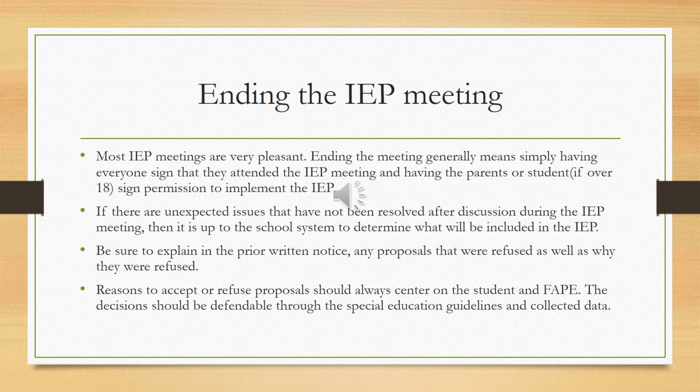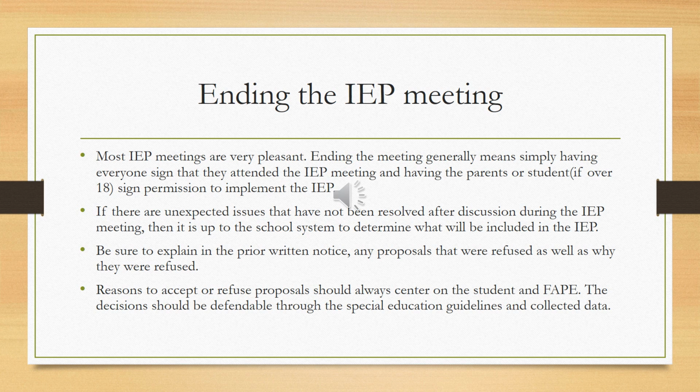If everything's gone well and there's been no questions, then your prior written notice should be very simple. Most school systems have a form where you just fill out on that form what has been decided at the meeting. Now, if there were some issues during the meeting, specifically if there were some proposals that the parents made that the school refused, this needs to be clearly documented in your prior written notice. If it was a real sticky meeting and you're not comfortable documenting that, you may want to wait a couple of days and get some help from central office even before you get that prior written notice to the parents.